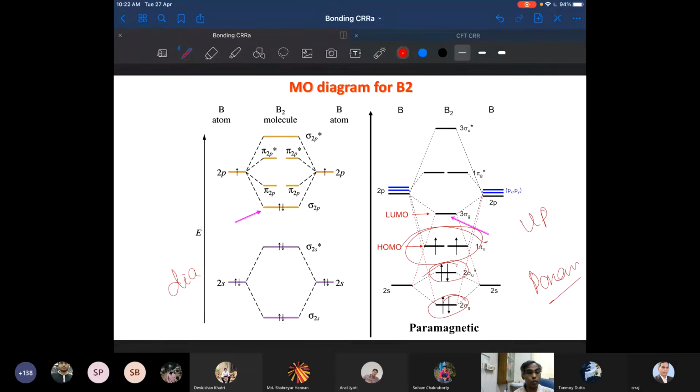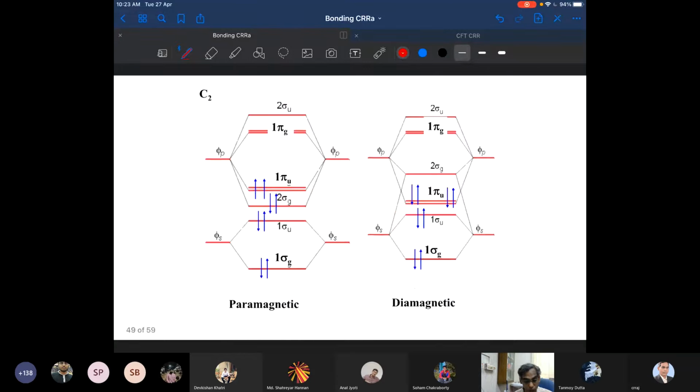The same way you can do it for C2. If you take C2, we don't have time to draw all that; you can simply look at this one. Carbon's atomic number is 6, so totally you should have 12 electrons. If you fill that, as I have shown here, 4 electrons are already gone for your 1s MOs, and you have 2 electrons in the 2s MO, another 2 electrons, and then 2 electrons and 2 electrons go here. According to this configuration, that is, if there is no mixing, it should be paramagnetic.